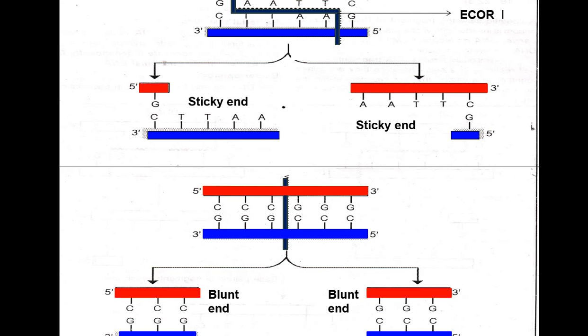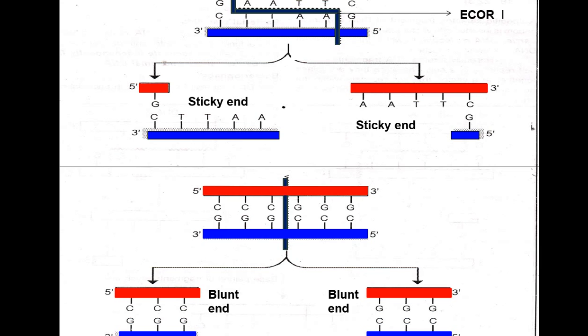Now there are certain enzymes which can produce blunt ends by cutting double-stranded DNA. A blunt end means it is like this: no nucleotide is free, all the nucleotides are bonded and paired. So you get two double-stranded DNA fragments if the enzyme produces blunt ends. This is called a sticky end and this is called a blunt end.